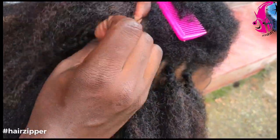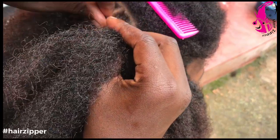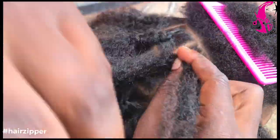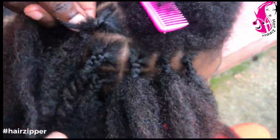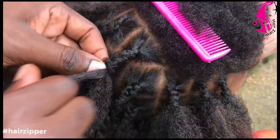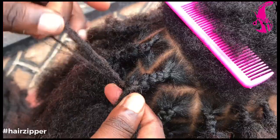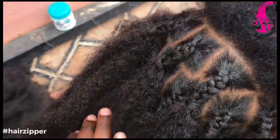And please remember, I told you it is threes from down. I know at least by now you know how to start this way, if you've been following me on the previous videos that I've been uploading, showing how you can do the natural tangle. At least I know you know how to start with these corners, with the threes from down. So after you tie it very tight, as you can see,